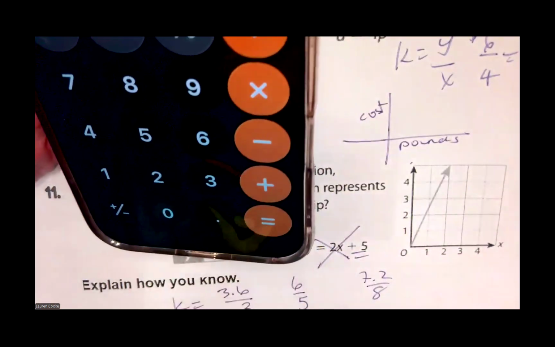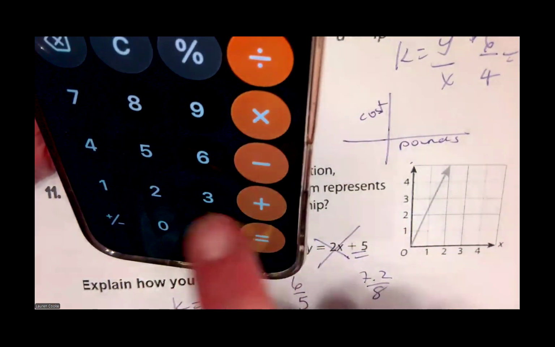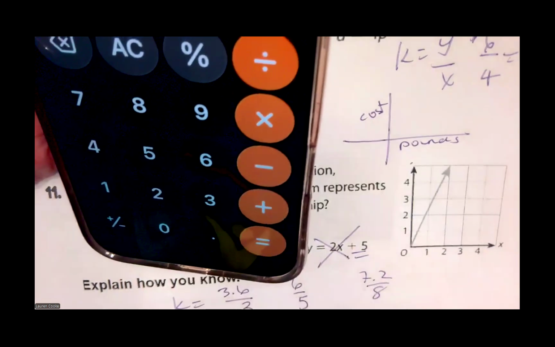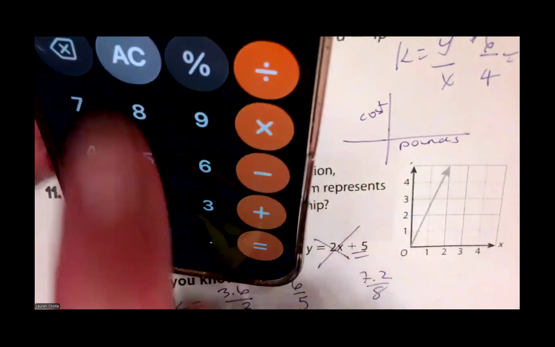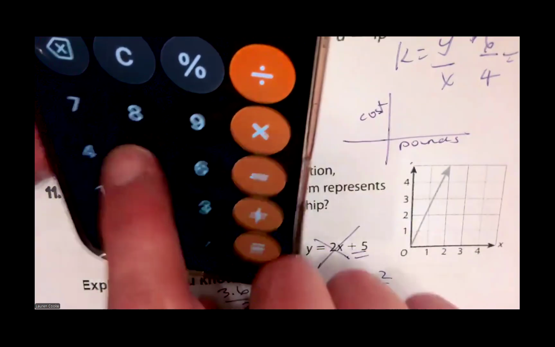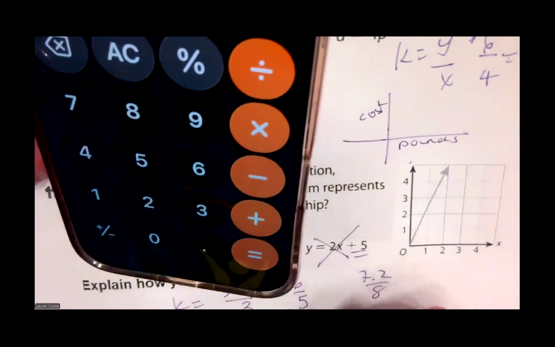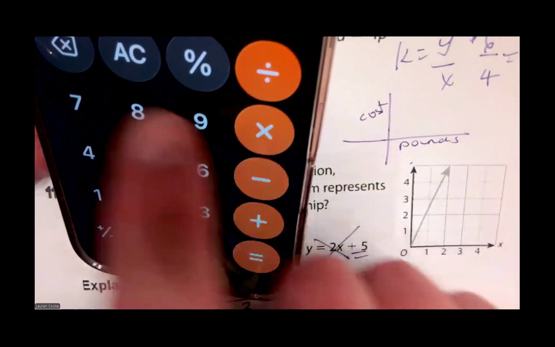So I have 3.6 divided by 3, 1 2/10. Okay. I have 6 divided by 5, 1 2/10. And then I have